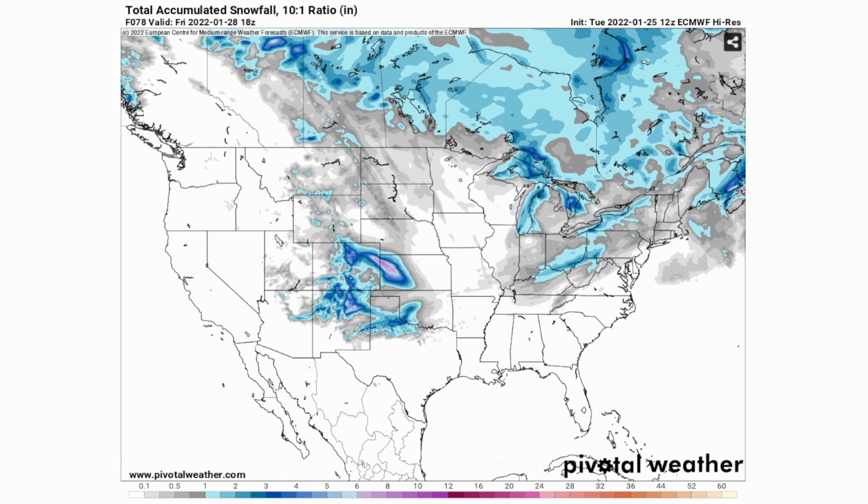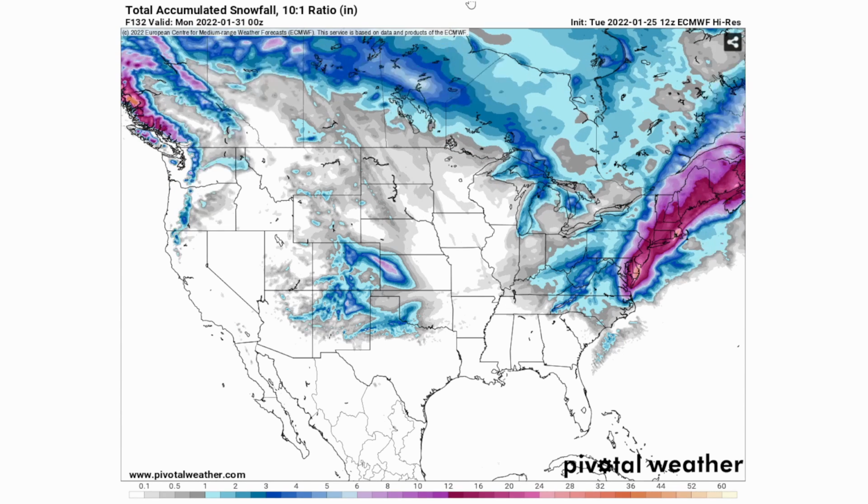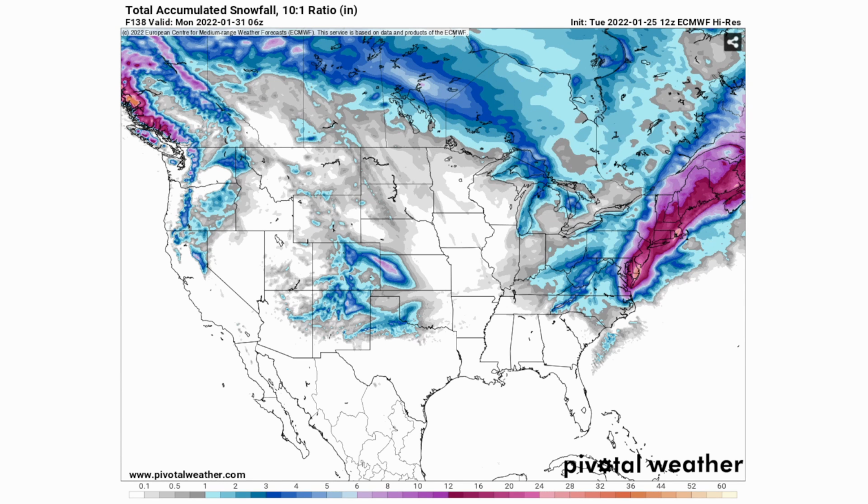All right, let's go ahead and look at the European model, which I have noticed is quite similar again, but the European model has it much more west, so we have a lot more impacts here for more of New York, Pennsylvania, New Jersey, Virginia, pretty much the whole state of Connecticut. Rhode Island is also seeing a lot more impacts here if the European model is correct. As you can see, well over a foot of snowfall here for those hot pinks, and actually more magenta colors here. Well over a foot of snowfall, upwards of 16 inches of snowfall.